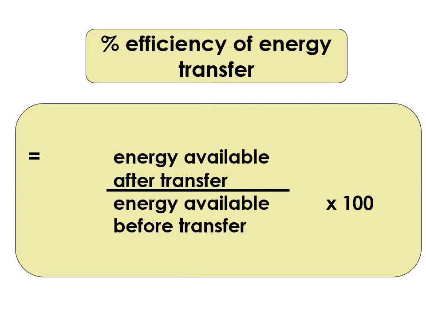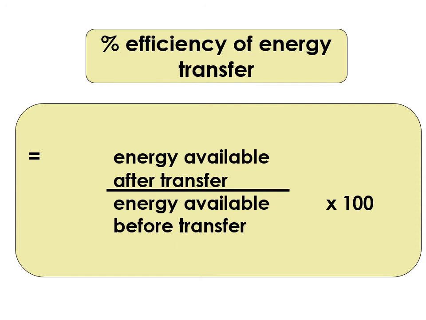Okay, so if you're calculating the efficiency of an energy transfer, just like we did in the GCSE example at the start of the video, it is the energy available after the transfer divided by the energy available before, times 100. In your keynotes you've got an example of this. If the percentage efficiency of energy transfer between the primary and the secondary consumers was required, you would go to the data and find the energy available after the transfer, that's the energy in the biomass of the secondary consumer, so in this case 714 kilojoules per meter squared per year.